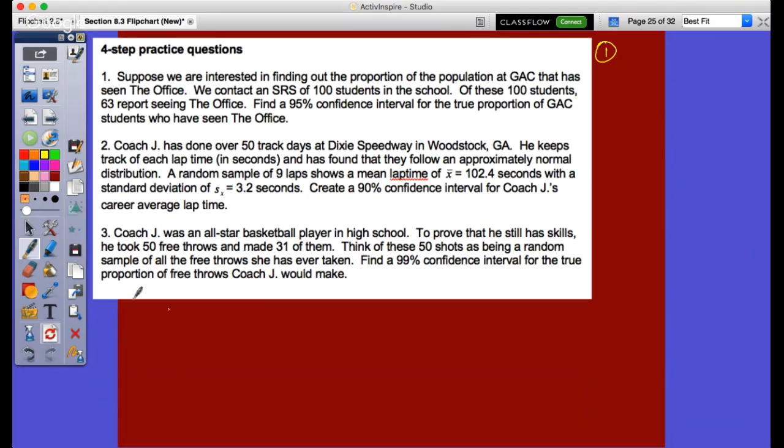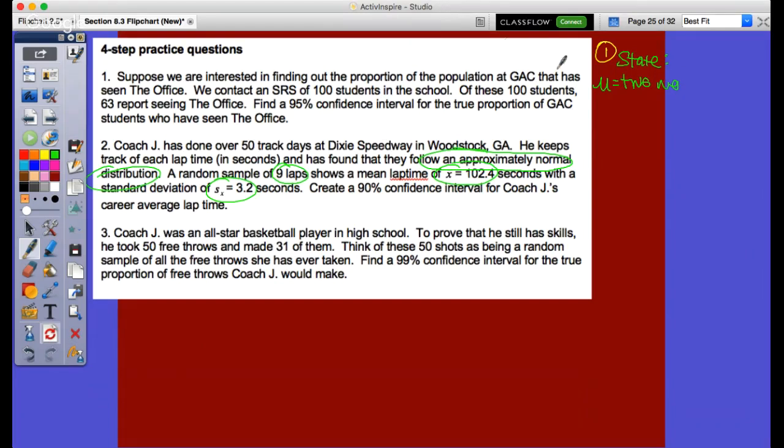Coach J has done over 50 tracks at Dixie Speedway in Woodstock, Georgia. He keeps track of each of the laps and found that they follow an approximately normal distribution. That's a hint. A random sample of 9 laps shows mean lap times of x bar and s_x. So I know what we're talking about, right? We're talking about mean world. So we're going to go into the state. So my state says, what is mu? It is the true mean